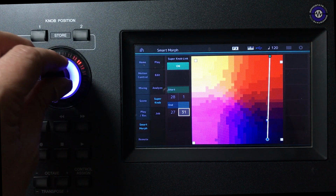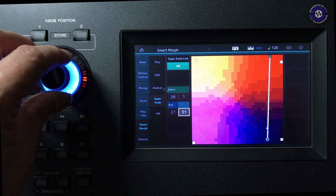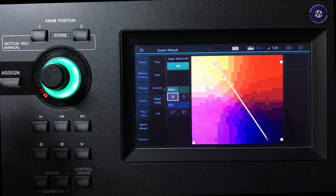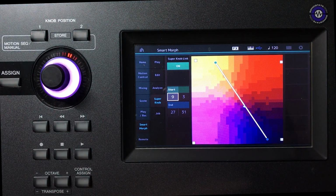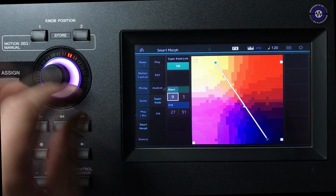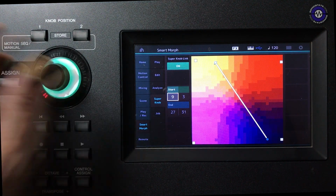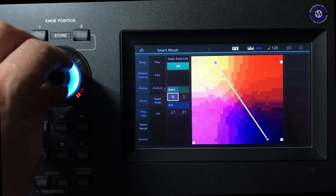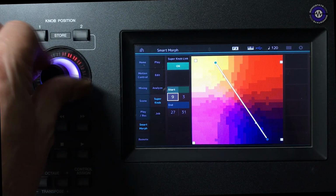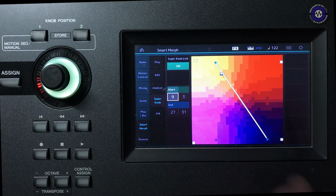One of the things you'll notice sometimes in between these points, there's not a lot going on. And one thing also you'll notice is that it's not really morphing between sounds. What it's doing is jumping from setting to setting. So these 1024 settings, there's no interpolation between them. You just jump from one to the next. And sometimes you get sort of glitchy sounds, which can be pretty cool actually,